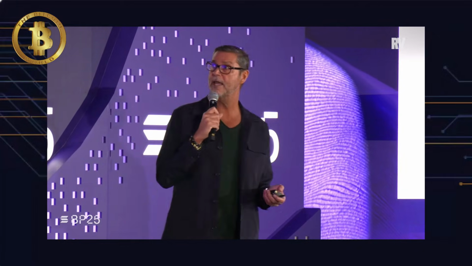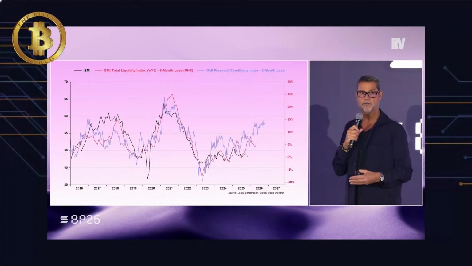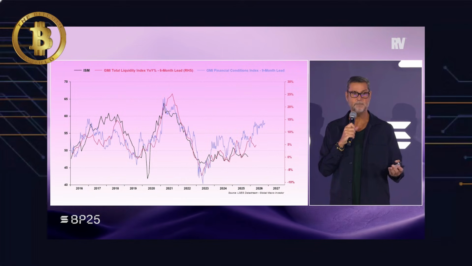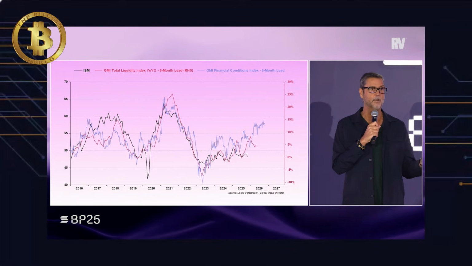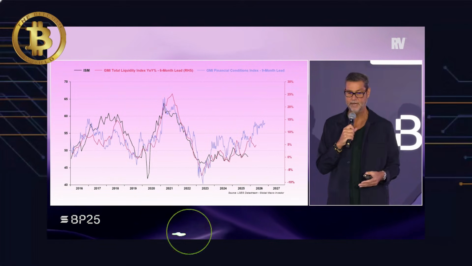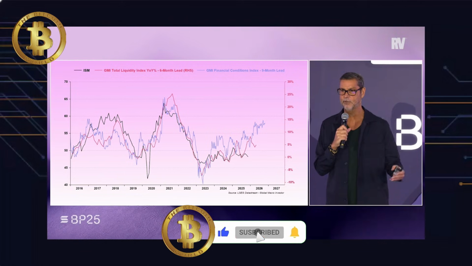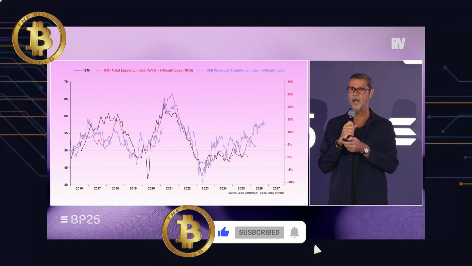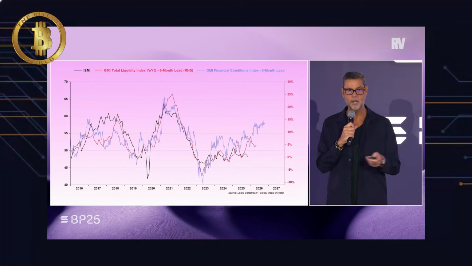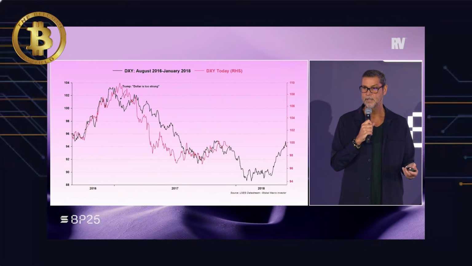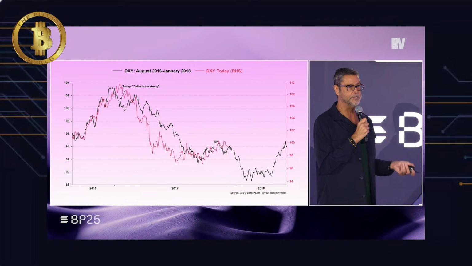And then when we overlay ISM, we've got this perfect dominoes of the economy. We've got our high lead indicator, financial conditions, which leads by 9 months. Then we've got total liquidity, where Bitcoin and NASDAQ live. And then we've got the ISM, where oil and commodities and cyclical things all live. So we can understand how the market works over time and asset allocate accordingly. The other thing is, part of that financial conditions is the dollar.